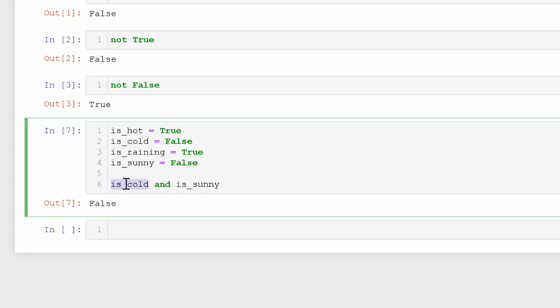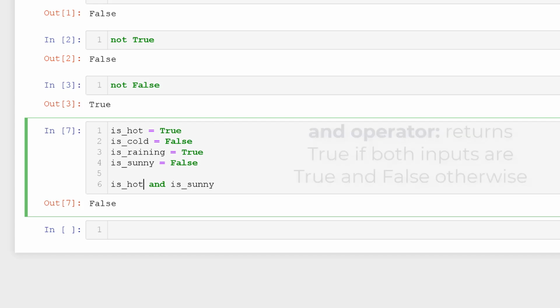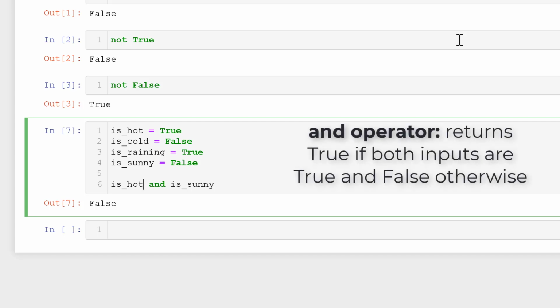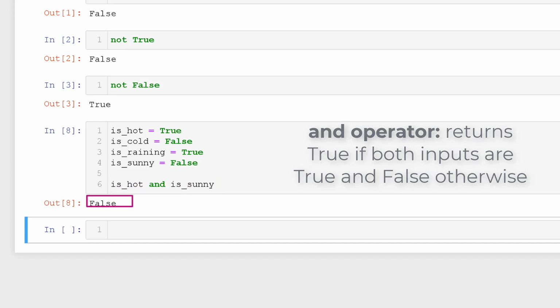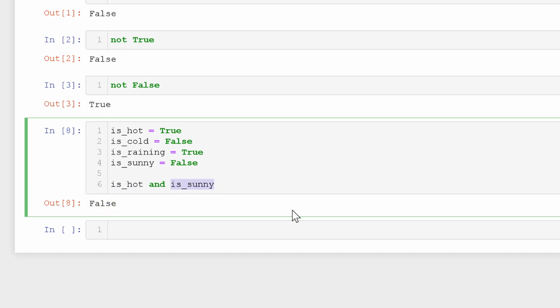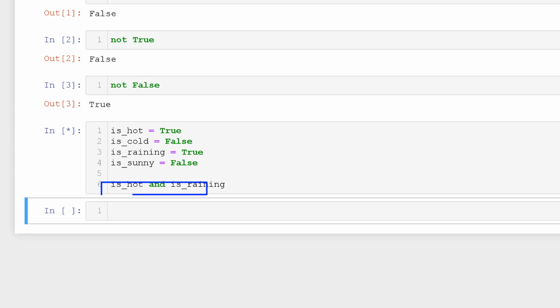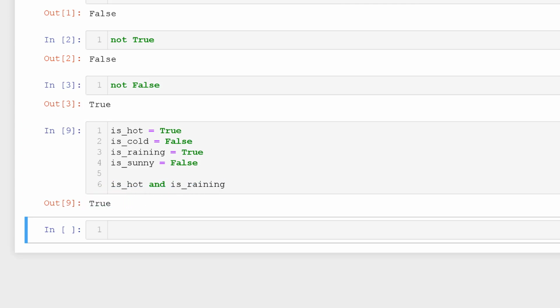If I change one of the inputs to one of my variables that's storing true, I still expect it to evaluate to false. And only evaluates to true if both inputs are true. But if I did isHot and isRaining, those are the two variables that are storing the value true, then I would expect it to evaluate to true. And we can see that it does.